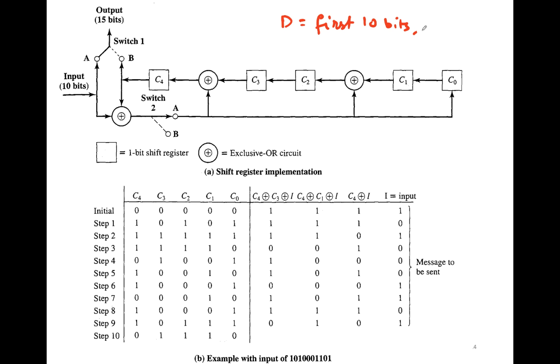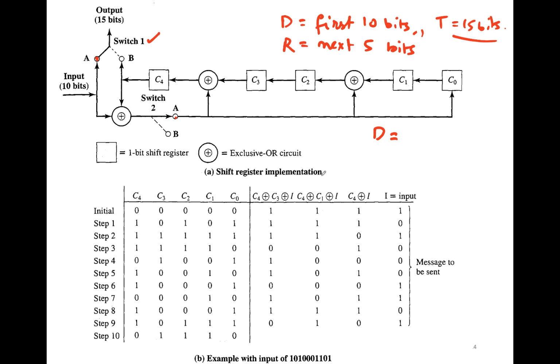And then the next 5 bits is R, and then T will have a total of 15 bits. So when we are generating the first 10 bits, switch 1 is in position A and switch 2 is also in position A. So the first 10 bits of the message D